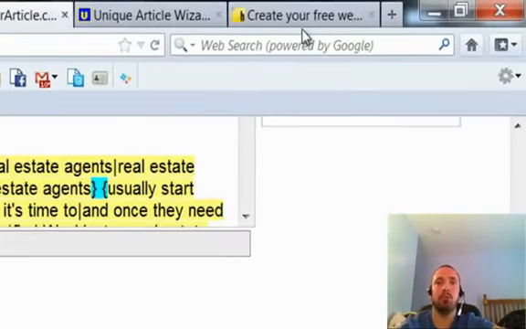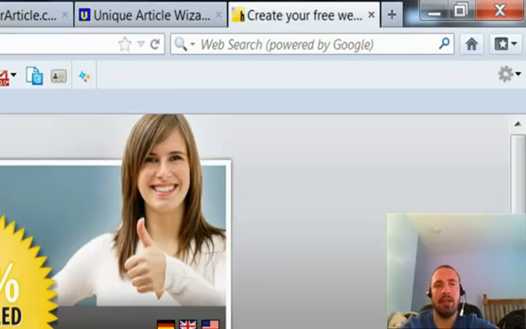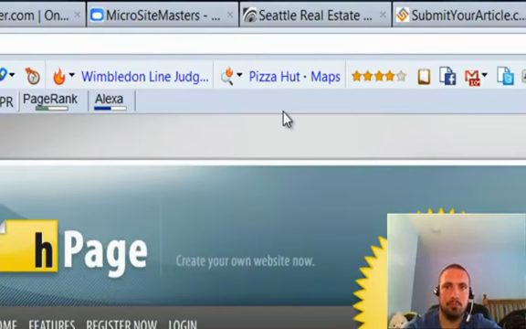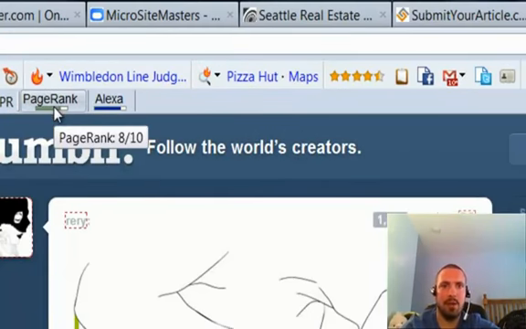Now, the reason we use Web 2.0 properties is because the main sites have page rank. Each page's page rank is only a 4, but if we go to somewhere like Tumblr, I think they have like a page rank 8 or something, yeah. See, Tumblr has a page rank 8, and even though when you create a Web 2.0 property, your Web 2.0 property is not page rank 8, the juice from the main domain still gets passed down a little bit, so that's why Web 2.0 properties can be really strong.